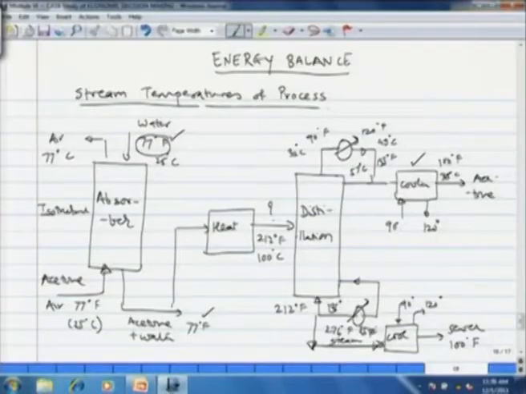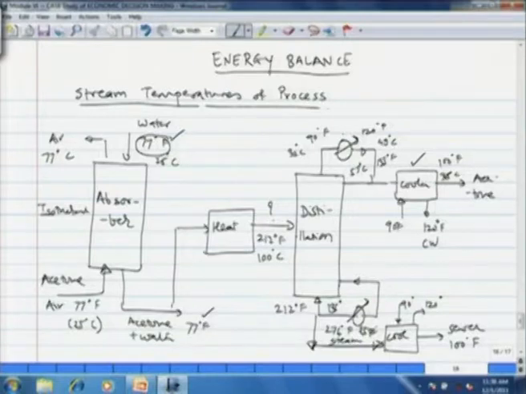Therefore, we have to cool it further, and therefore, you can see here a second cooler after the condenser, that cools the input stream of 135 degrees Fahrenheit or 57 degrees centigrade to almost room temperature, that is 100 degrees Fahrenheit or 35 degrees centigrade. Now, for this cooling we use cooling water as the utility. That cooling water goes in the cooler at 90 degrees Fahrenheit and comes out at 120 degrees Fahrenheit, or let us say 32 degrees centigrade and 49 degrees centigrade.